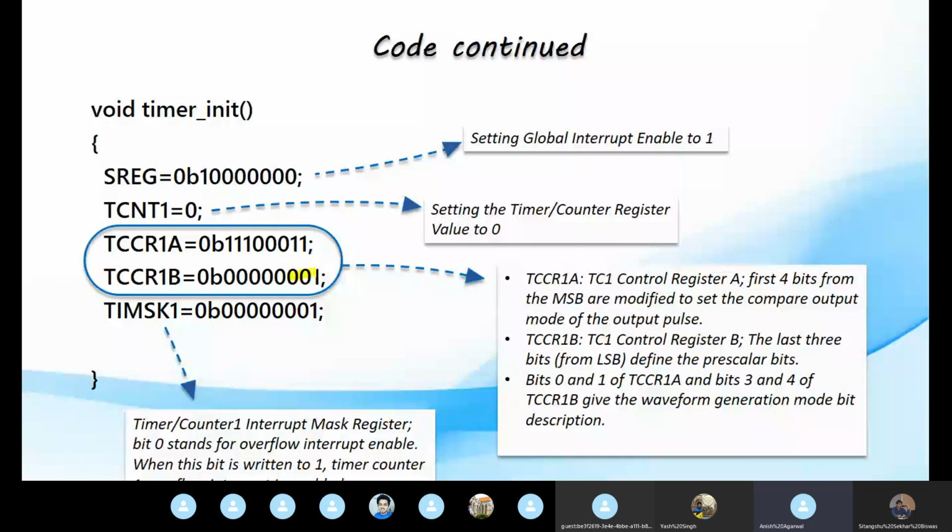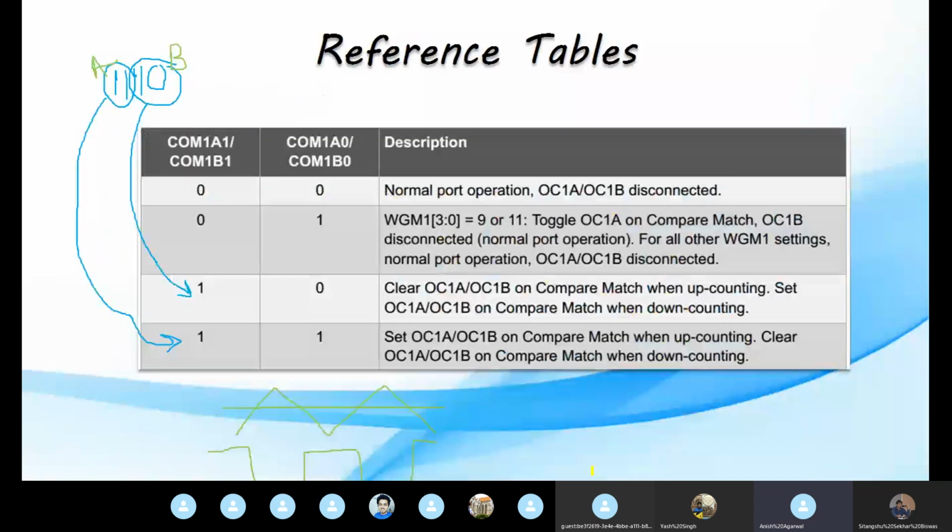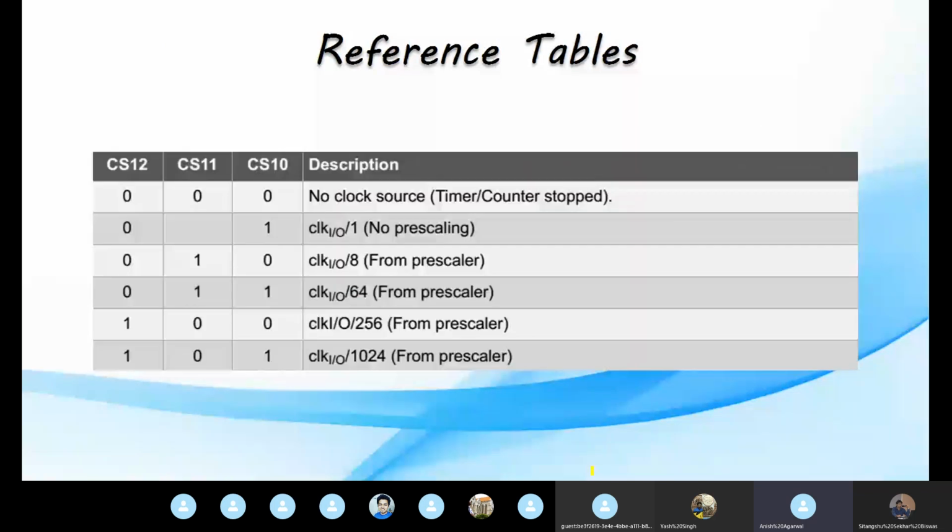In the beginning, while I was explaining pulse width modulation, I told you what if we want the clock of the microcontroller to run slow. By setting these prescaler values, we can control the speed of the microcontroller, the speed at which it can count in a second. Move to the table. Here we have set it as 001. You can see in TCCR1B it is CS12, CS11, and CS10. We have set the values to 001, the second one in the table.